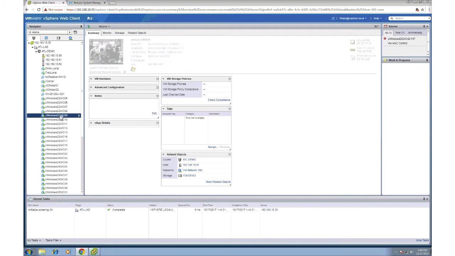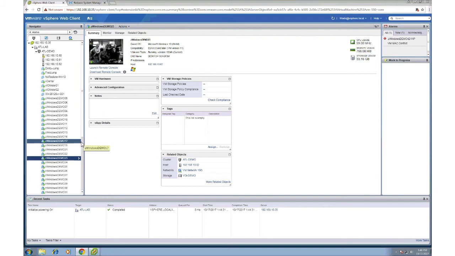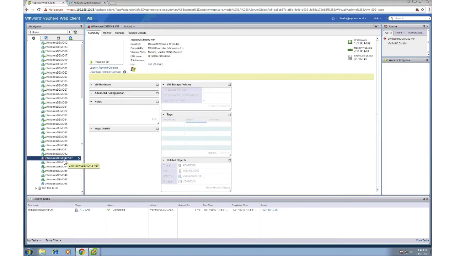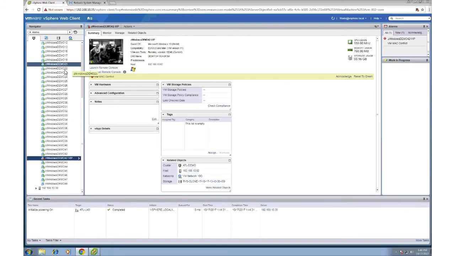And if we just click on a couple of random ones without having to open the console, we can see that VMware tools is in fact running on all these. So we did boot up 39 virtual machines. I didn't time myself. But it looks like we handled having 50,000 IOPS on an IO meter running. We backdated a virtual machine of a VIP, and we're able to boot that guy up. We were able to boot up 40 machines, and we all did that right here from within the VMware